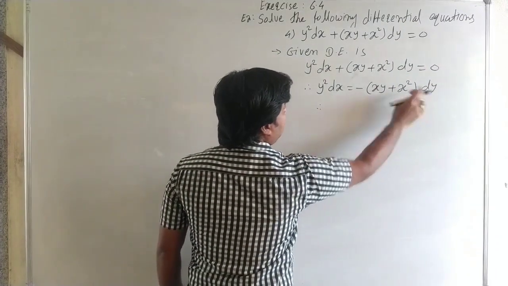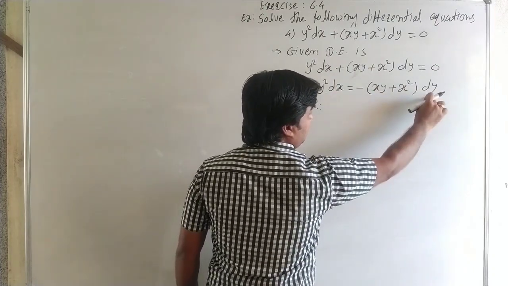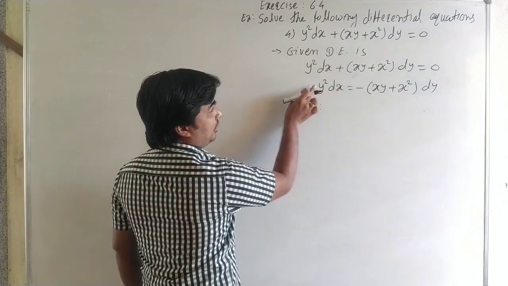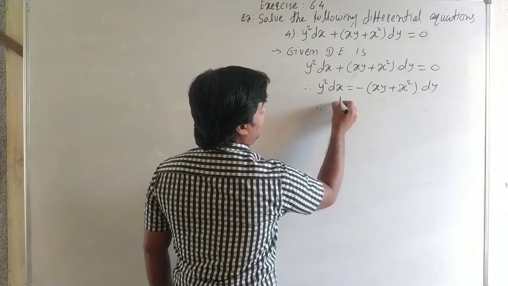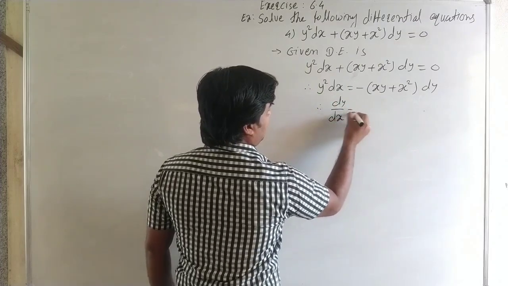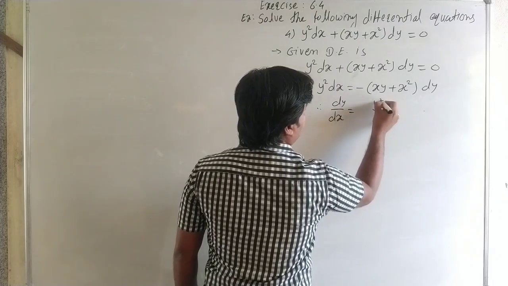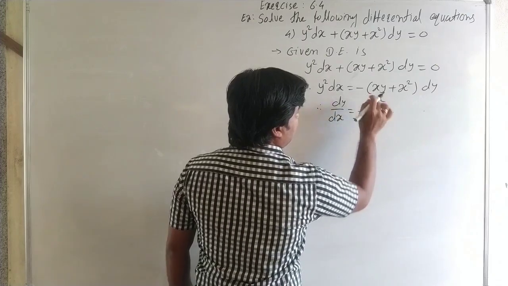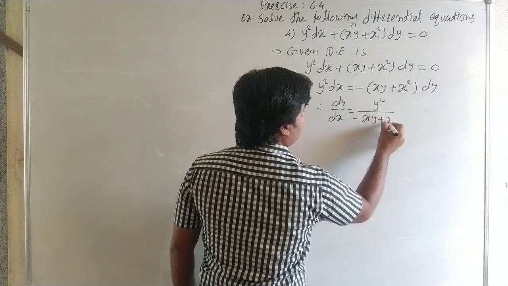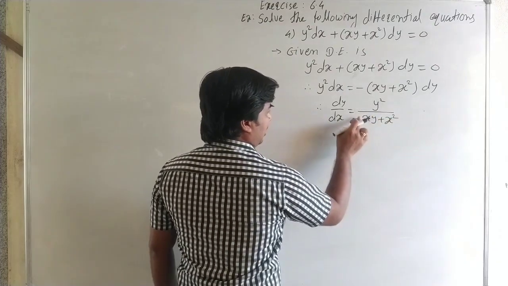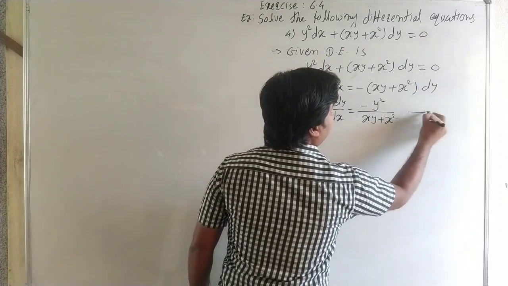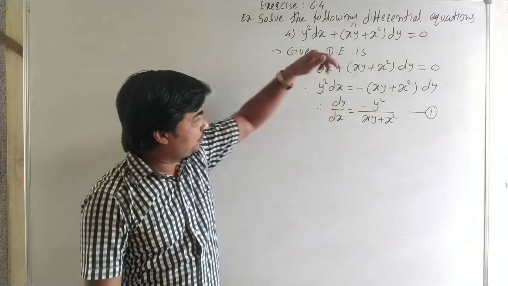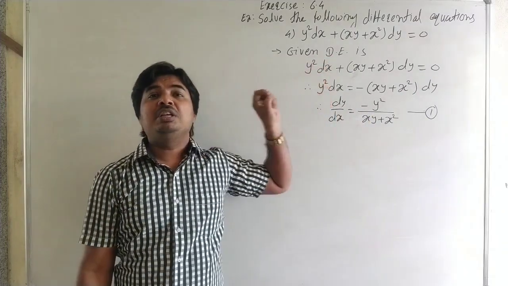We write it as dy by dx. So this dx becomes in the RHS, and this minus xy plus x square in the denominator of the y square. Therefore dy by dx is equal to y square upon minus xy plus x square. Okay, take the bracket, but we can write the minus in the numerator. It is equation number 1. See carefully. It is a homogeneous differential equation. You can write this differential equation in the form of the dy by dx.